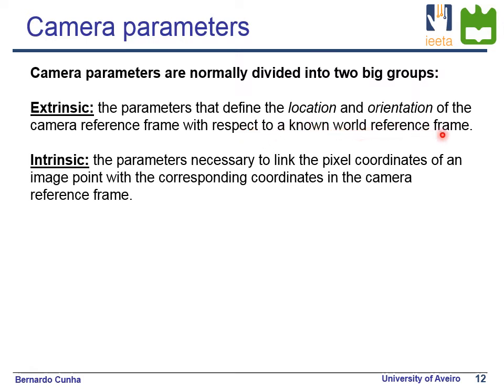world coordinates reference frame. There is another group of parameters called intrinsic parameters. This has nothing to do with the relation between the camera and the world outside, but are the parameters necessary to link the pixel coordinates on our sensor and an image point with the corresponding coordinates in the camera reference frame. And this has to do with aspects related to, namely, the optical system that we are using at a certain point. So the intrinsic parameters can be measured, can be quantified, and once obtained, you can apply the transformations